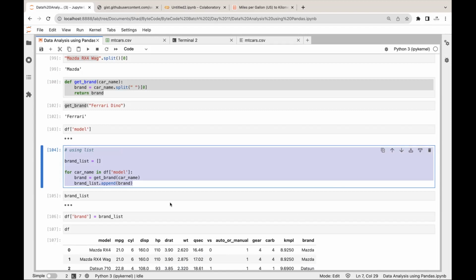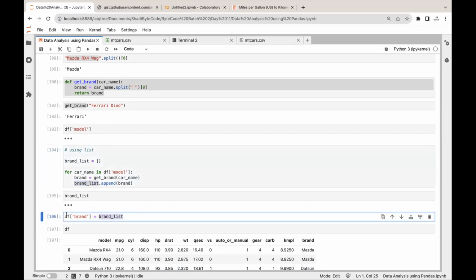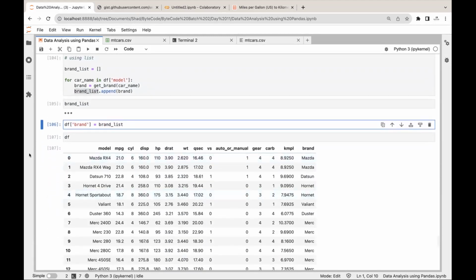This was the first method, where you are creating an empty list, and then using the for loop, you are getting the brand for each of the car names and then appending to that empty list. And then you use the brand list directly to create a new brand column. One more method is